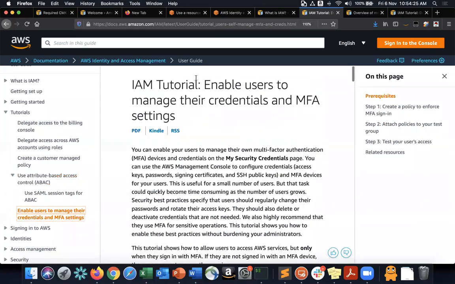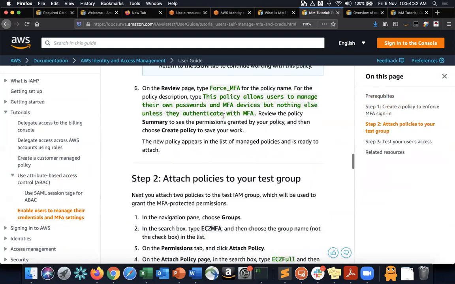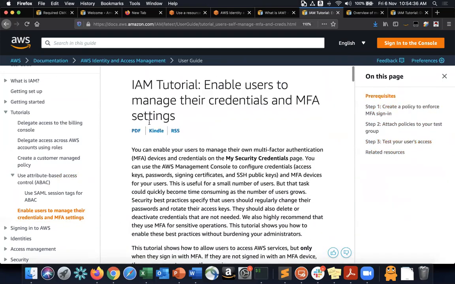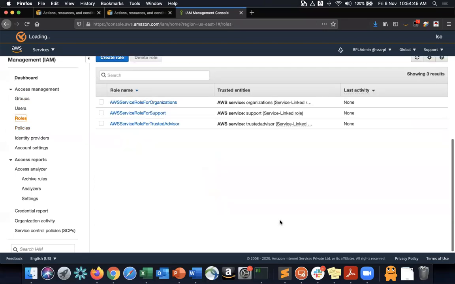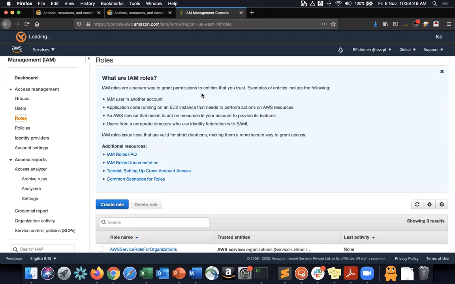And for MFA, you can do this tutorial, enable users to manage their credentials and MFA settings. In fact, all of you have done the MFA part yesterday and today also, so you can do that. But one last thing that I want to cover today, before we close, is roles. Roles are a special type of entities, which you can apply